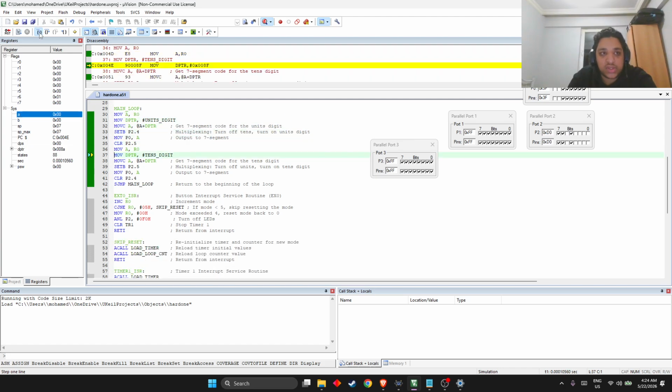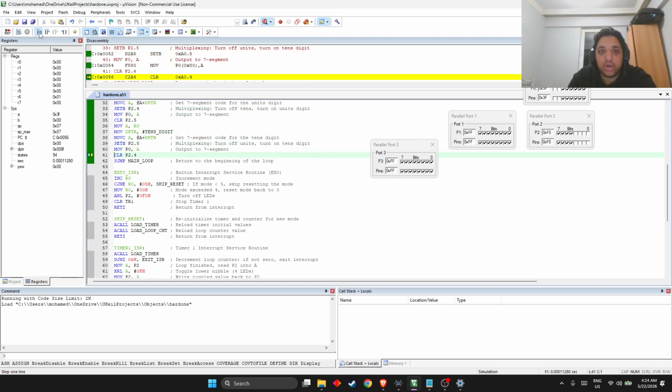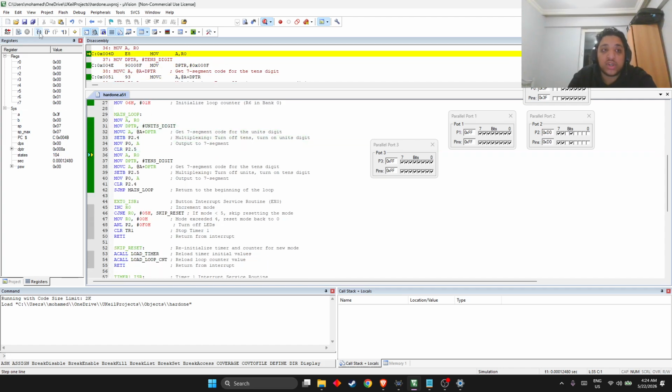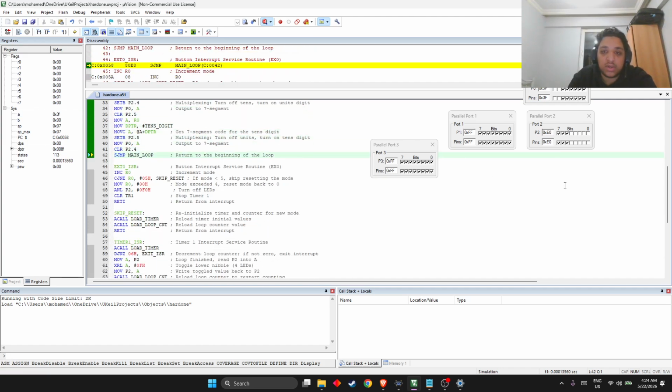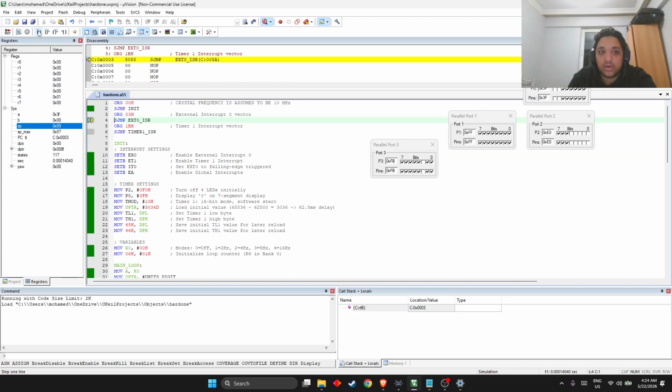We need to press the P3.2 port that we talked about in the question at the start of the video. So we will go to port 3 here. 0, 1, 2, because we start counting from 0, not from 1. We'll press that, and as you see, oh, we went over. We did the interrupt. The jump will go to the external